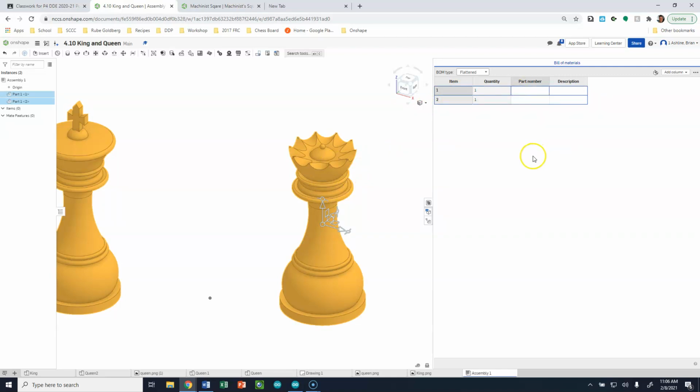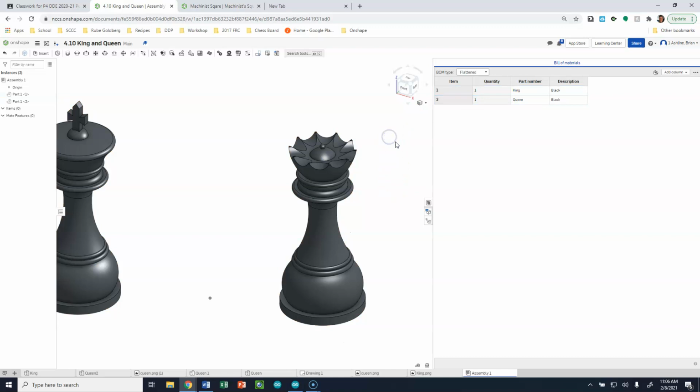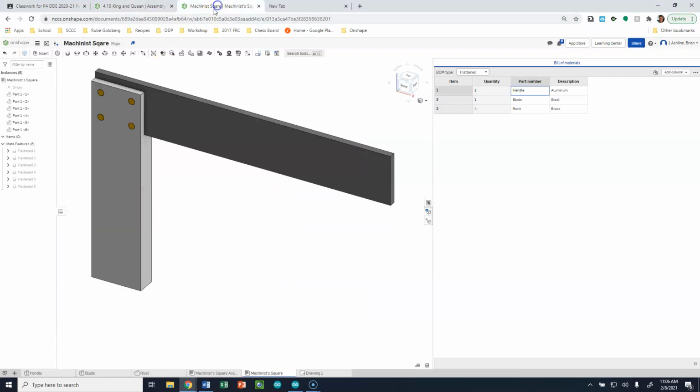So we can actually go through and edit what these things are. So in this case, part 1 is my king, and it is the black king, we can say. And then part 2 is my queen, and again, it is the black queen. And then I can close that. Now that information is associated with my king and queen, right? So going back to what you guys are going to be doing when you click on the BOM here,